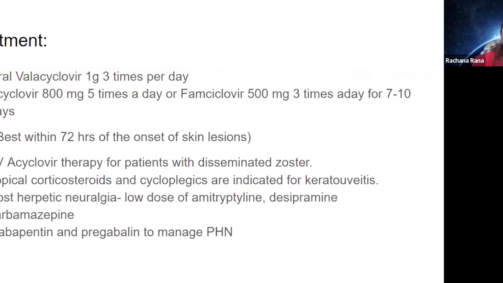So regarding the treatment of herpes zoster, oral valacyclovir 1 gram 3 times per day, acyclovir 800 mg 5 times a day, or famciclovir 500 mg 3 times a day can be started. The effect of these drugs is best within 72 hours of the onset of the skin lesions. In our context, we don't have other medications, so we always start acyclovir 800 mg